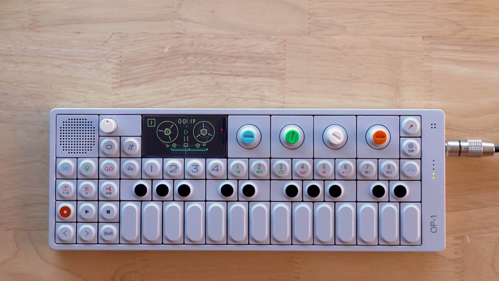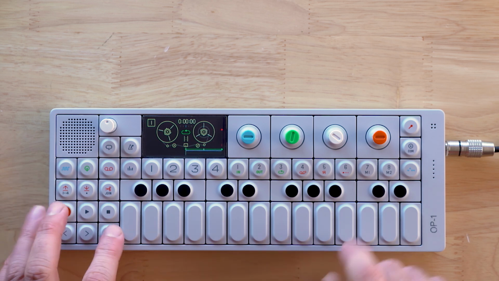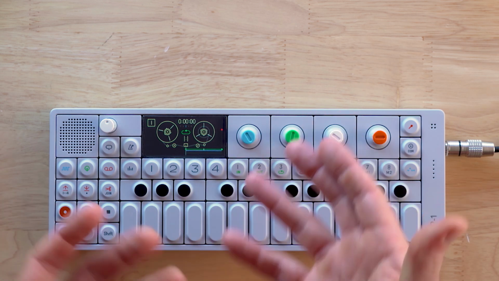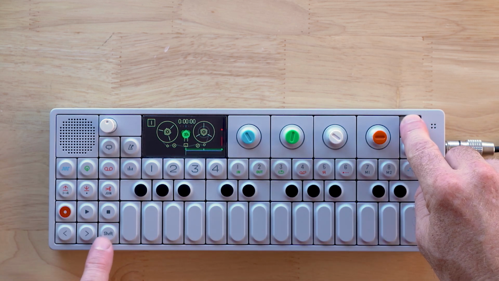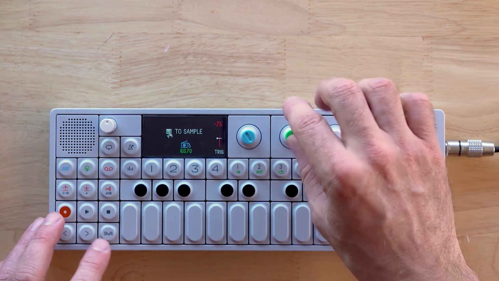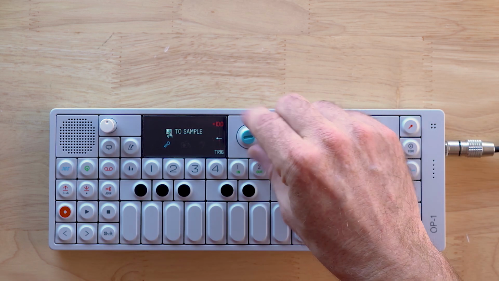So you can record directly to the tape, like a 4-track, from an external source. I think it's kind of cool that the OP-1 is basically also a digital 4-track, which is really dope. Obviously, I can record from the radio here too. If I hit Shift plus this, change my input, and then record in the same way, I hit record. So just to recap, you can record from a microphone right here,